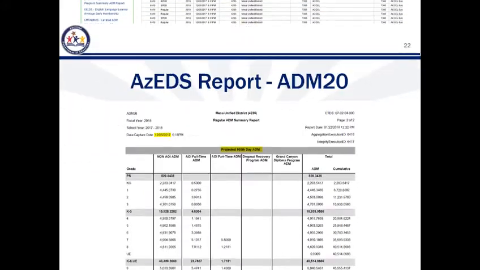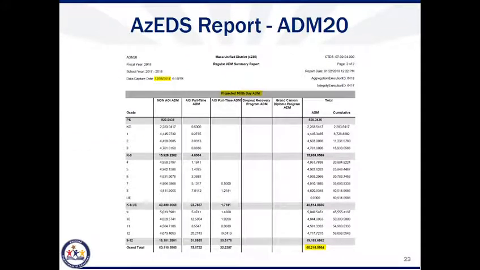So the next report is an ADM 20. The ADM 20 is simply a summary of the ADM 15, but it's a summary of the ADM that each grade offered at your school, how much ADM each grade is generating based off of the student detail. So the ADM 20 should reflect exactly the summary reports once a month if you're looking at the right data capture days. So it's important to understand